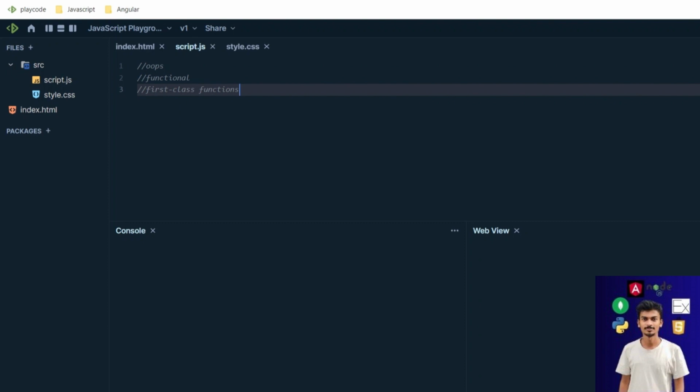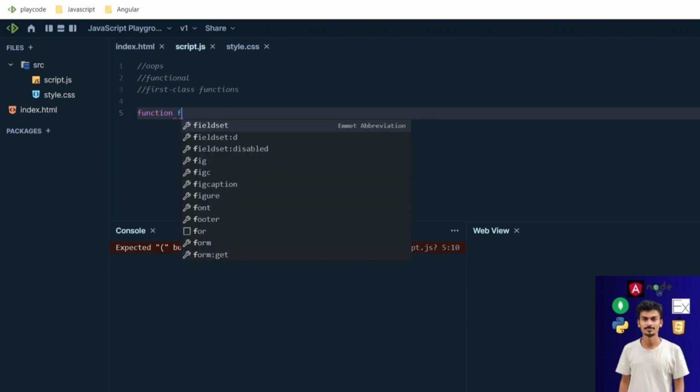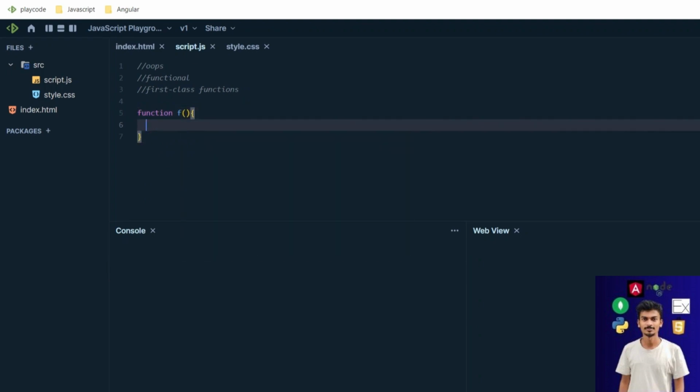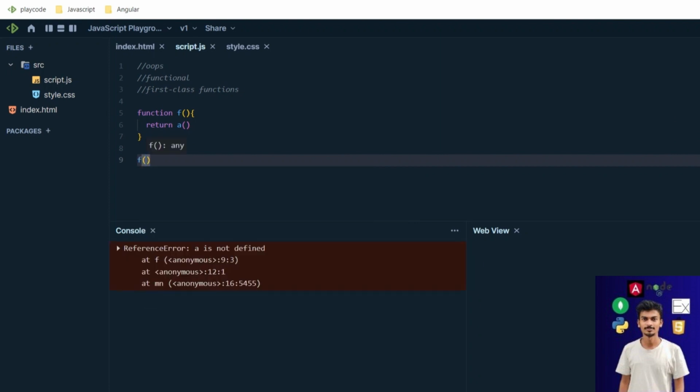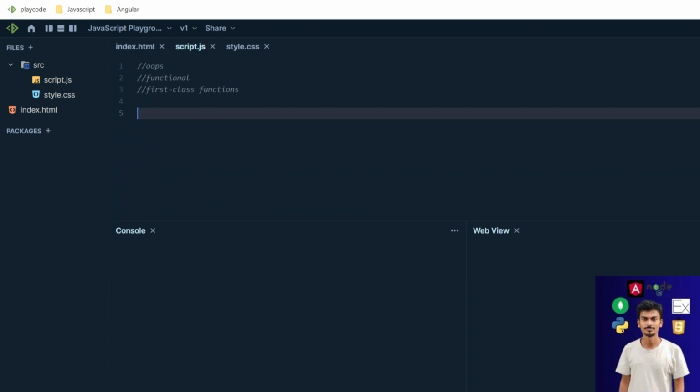Actually, first class functions means the functions which can return a function, or we can pass functions as arguments. I'll give one quick example. In JavaScript, we use the function keyword to define functions, and this is the body. If I return any function, let's say a, this is a first class function. Or I call this function f by passing an argument c, which is a function. So JavaScript has this type of concepts in it. Then